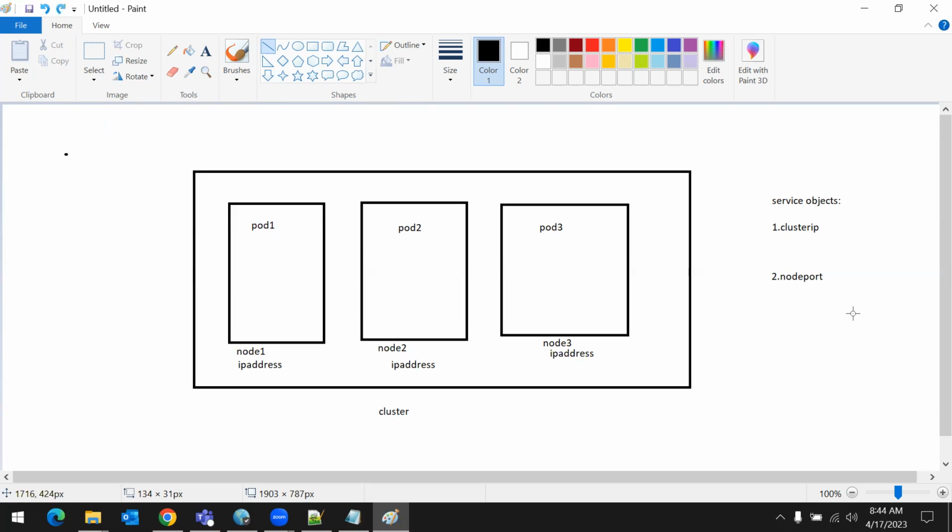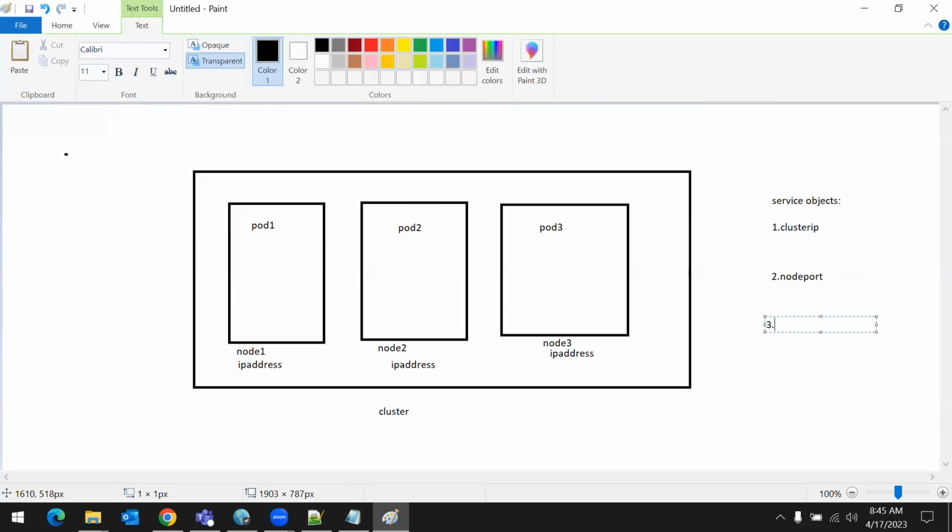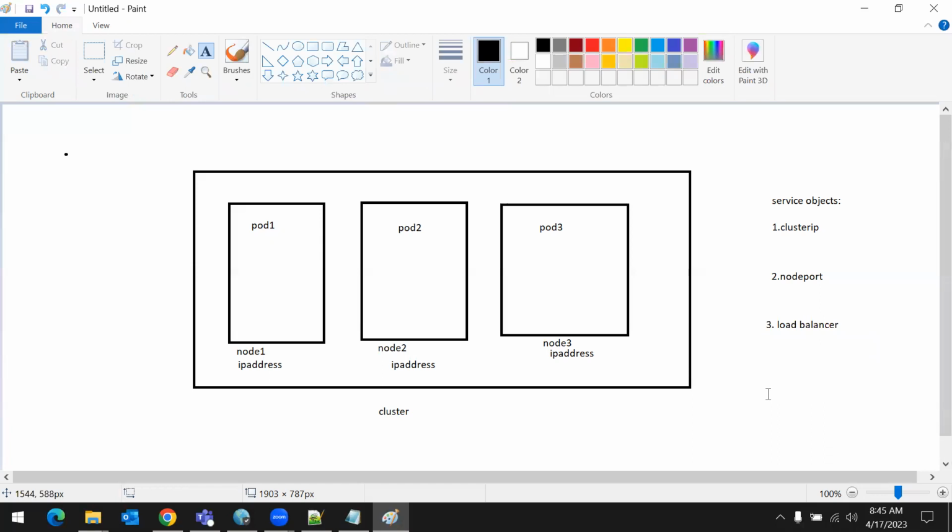Then what is the other one? Load balancer. What is the load balancer? The third type is there. We have another type of service object that is called load balancer. What is the use of this load balancer? See, load balancer means,